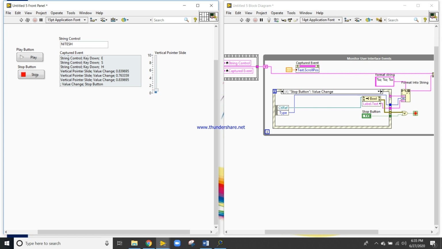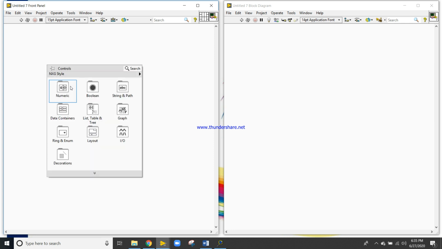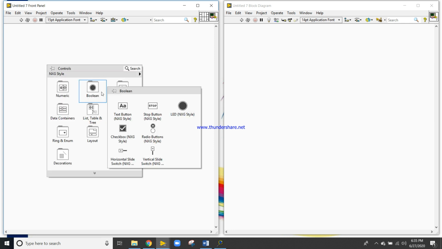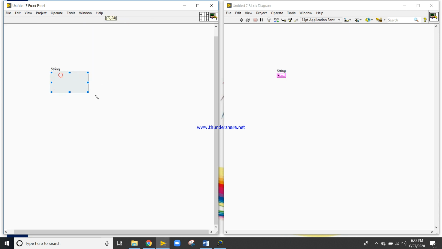Now we will try to create this code. So let's start. Right click, take a string indicator, and write the name Capture Event, so it will capture our event.